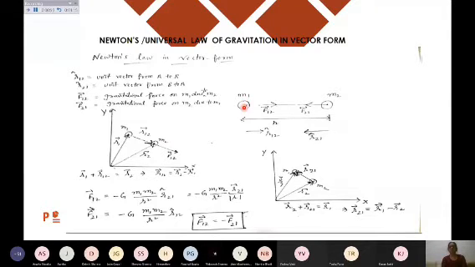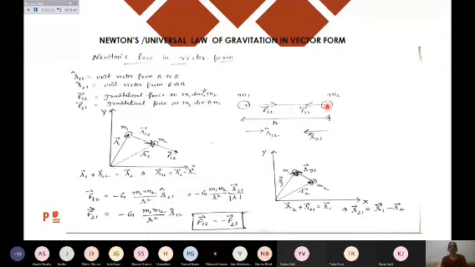Two masses, if I'm taking m1 and m2, which are separated by a distance small r. And of course we have discussed in the properties of the gravitational force that it acts along the line joining the two masses, and distance we always take from the center of these point masses, because we assume that the whole mass of the spherical body is concentrated at its center. Or we prefer to take point masses or spherical bodies.